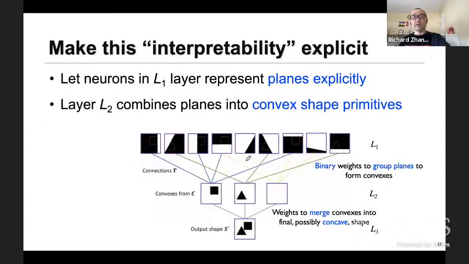Right? Now, the next idea was actually, again, a simple one. We simply try to make this interpretability explicit. We saw that the first layer learned these linear gradient fields. Why don't we just make them planes explicitly? So we force the first layer to learn weights that provide planes. And layer number 2 is going to combine these planes, really half spaces, and come up with convex shapes, convexes. And then finally in layer 3, we're going to merge the convexes into more complex shapes,